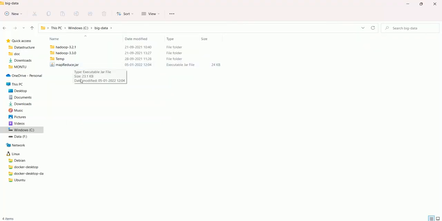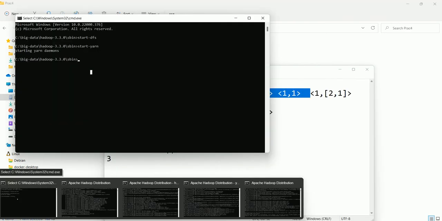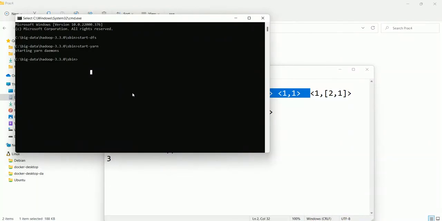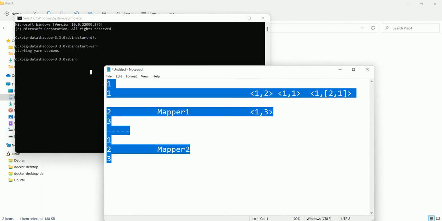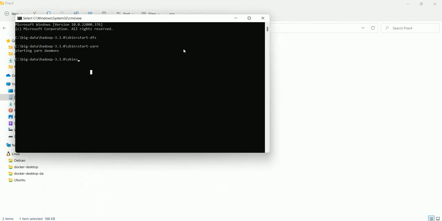So now let's see how to get output from the command line. Firstly you need to start the daemons. So I have started the daemons. Firstly you need to upload the text file to any folder in your Hadoop, a file like 1212221. I have already created this file, so I am not showing that here.